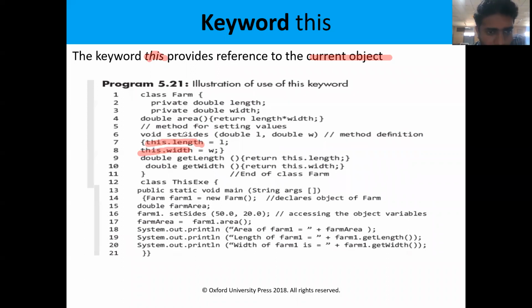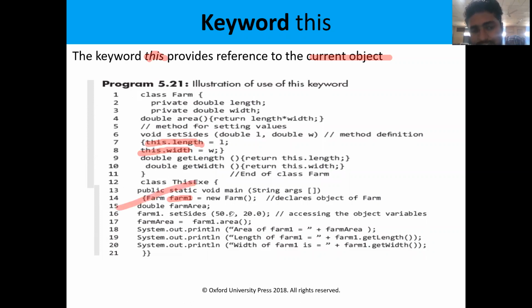Suppose you are creating an object of type form1. That means these attributes belong to this object form1. Then we will declare this as this.length, this.width. Suppose you create another object, form2, then this will work out: this.length equal to L, this.width equal to W. For this instance, these variables refer to object 1.